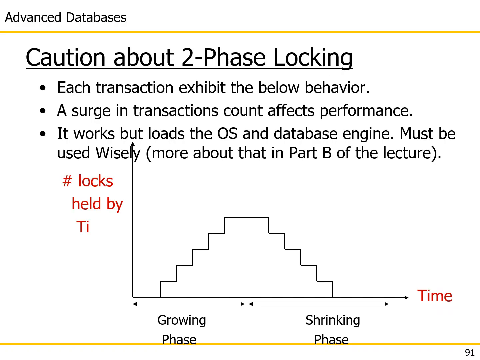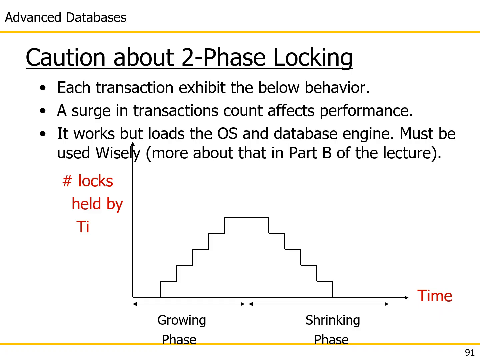Now, something very important about two-phase locking. Two-phase locking is great, two-phase locking works, but it is not a cheap thing to do. It is actually a very expensive operation in an operating system, or any operating system for that matter, because if you get lots of transactions arriving at the same instant, let's say you've got a very busy website and 50 users are logging in at the same instant pressing buy this item, okay? What you're going to get basically is a jump in the number of locks requested from the